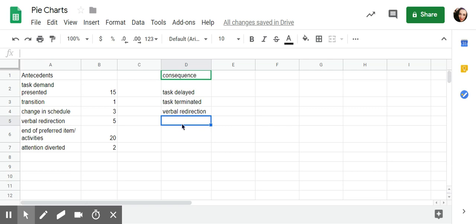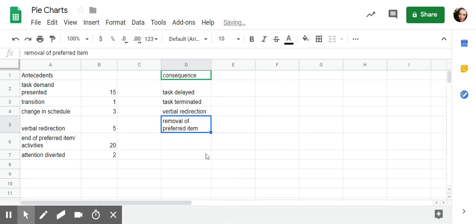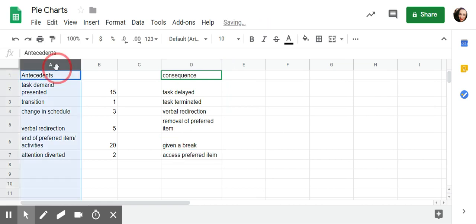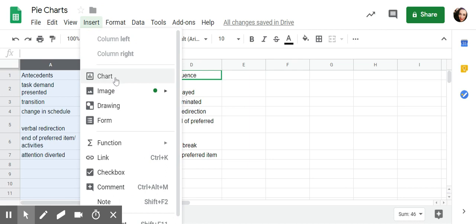Let's see. Removal of preferred item. Again, I want this to wrap. Could also be access to preferred item. Maybe the child is eloping, so they're running away and going to a preferred area. So I can click on A, it highlights the whole column, hold control, move my cursor over to column B, click on that, insert chart,